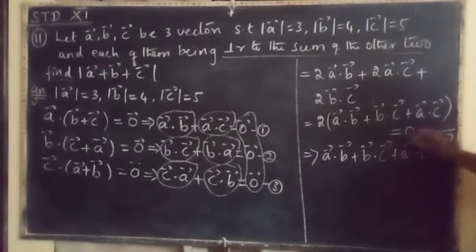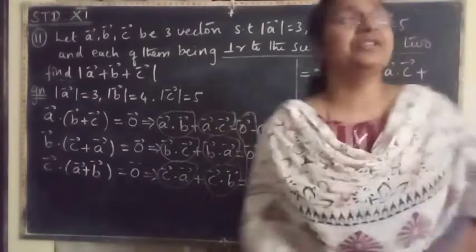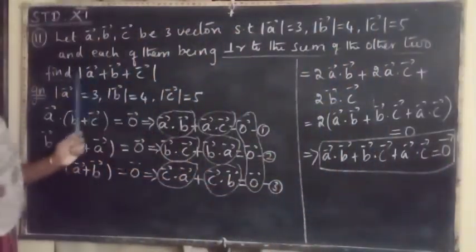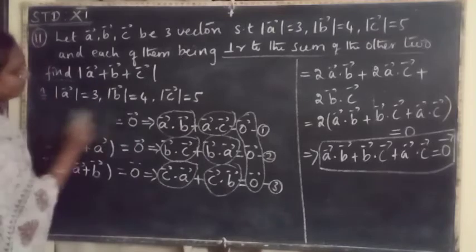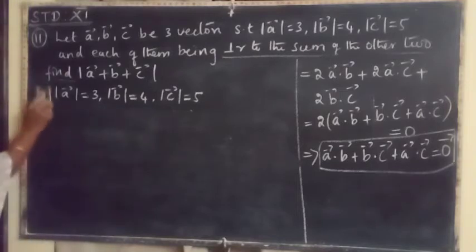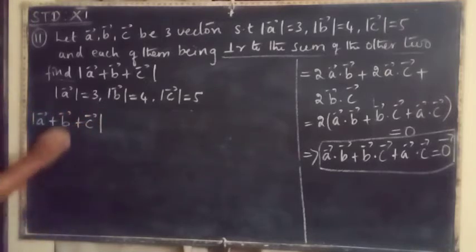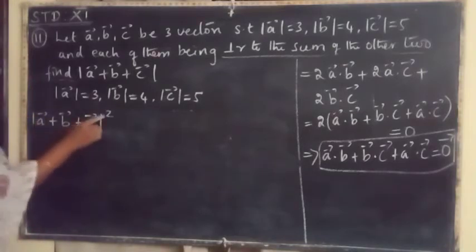So this is going to be a very important condition in order to find the value of the modulus of A vector plus B vector plus C vector. With the help of this, I have arrived at this result. Now I am going to find the value of modulus of A, modulus of B and modulus of C vector. Shall we find now? Okay. Now look into this. I am going to find modulus of A vector plus B vector plus C vector, not just this, so I am going to find the value of the whole square. Now, A plus B plus C the whole square.